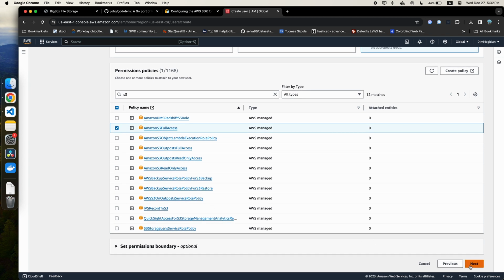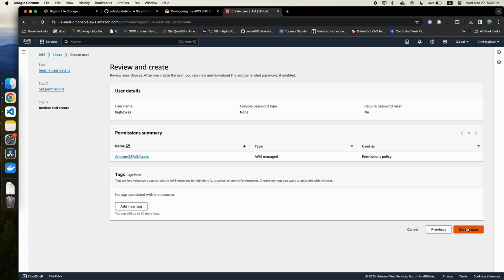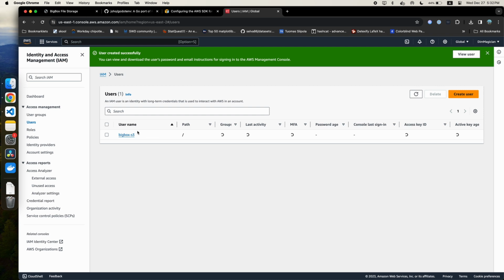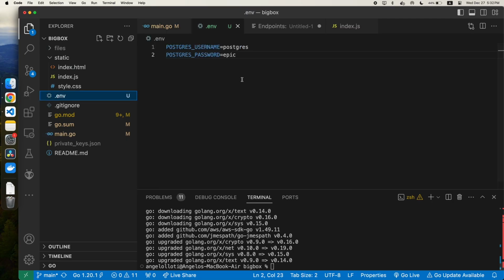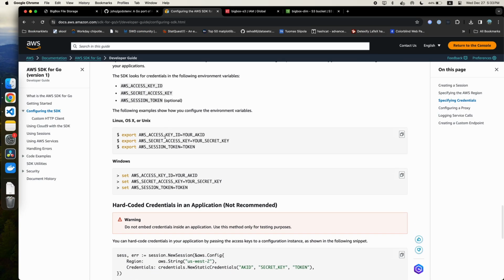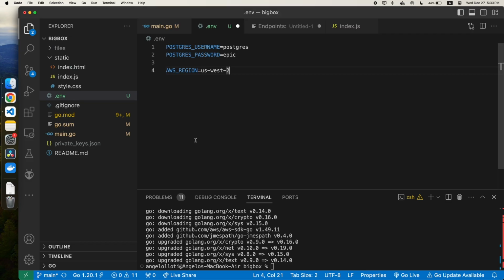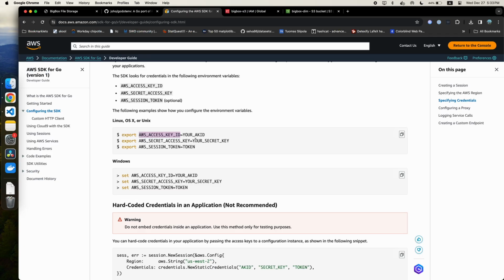Now that we have this user, let's start filling out our environment variables. The AWS SDK uses some environment variables by default, which can be found on the developer guide. First off, we have to set AWS_REGION to the region we created the bucket in. Scrolling further down, we see that we can set AWS Access Key ID and AWS Secret Access Key to sign